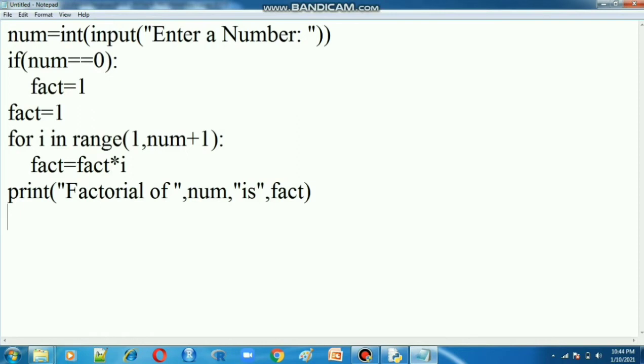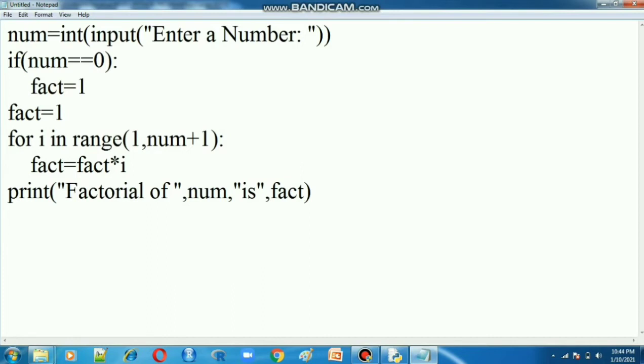Enter a number: we get input only as an integer value, because the data type is integer. That value will be stored in the num variable.